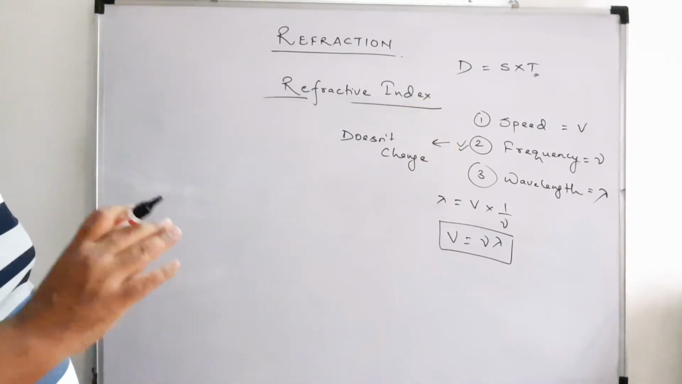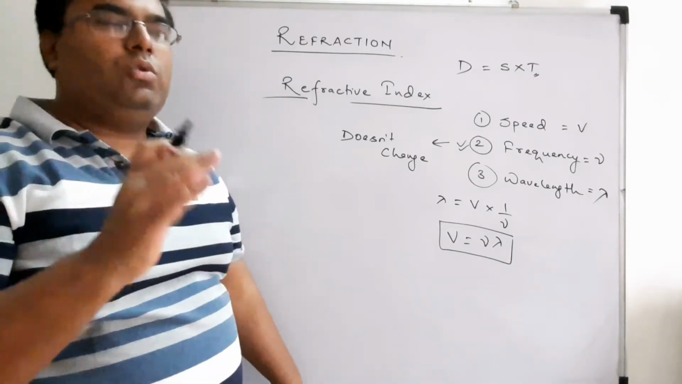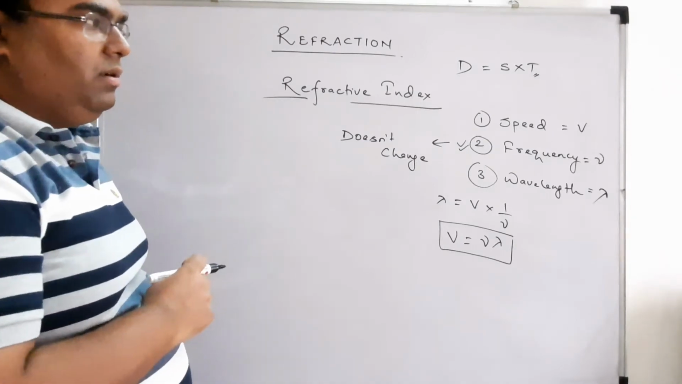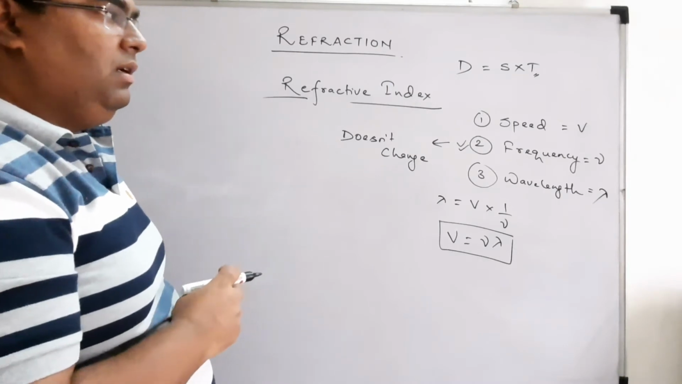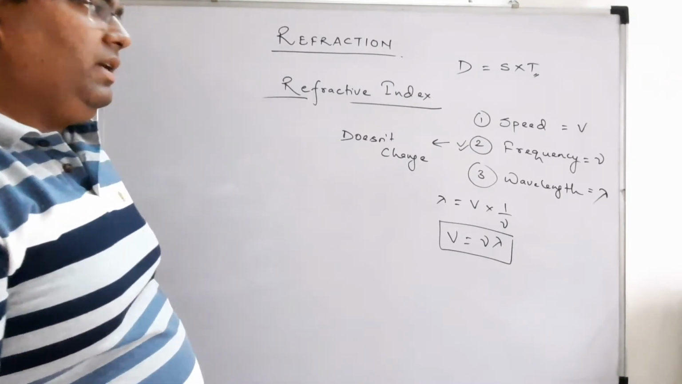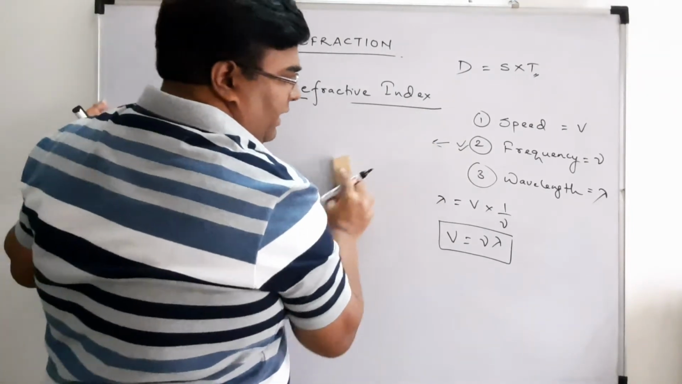Frequency doesn't change when the medium changes, because it depends on the source of the ray of light, you can say. Frequency never changes even if the medium changes, right? Remember this thing. Now we will understand refractive index in terms of